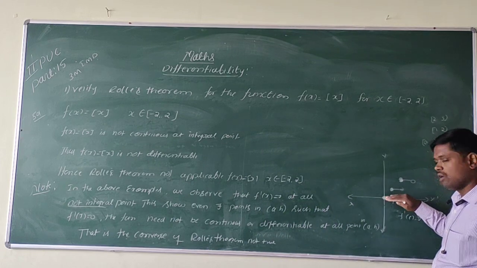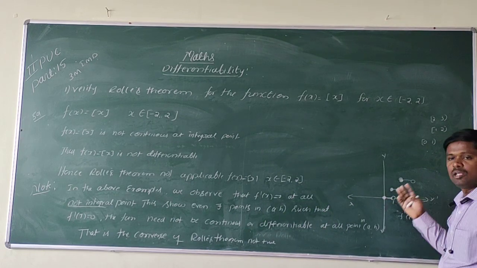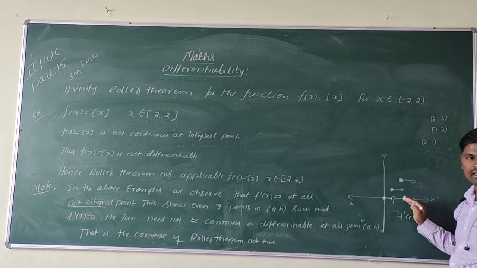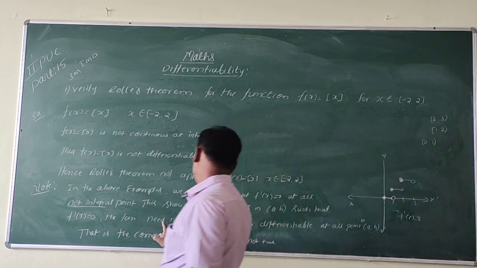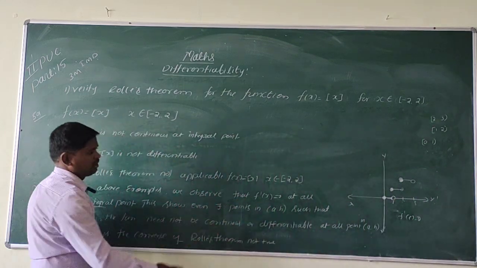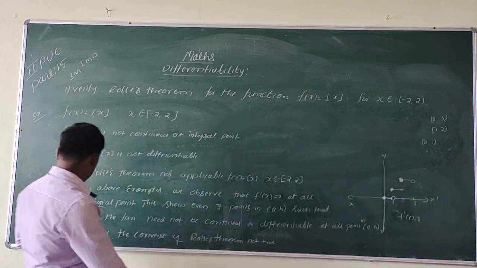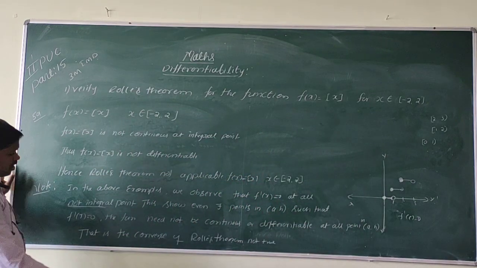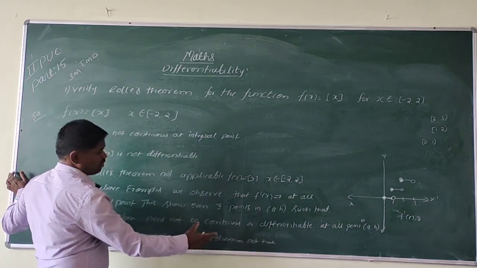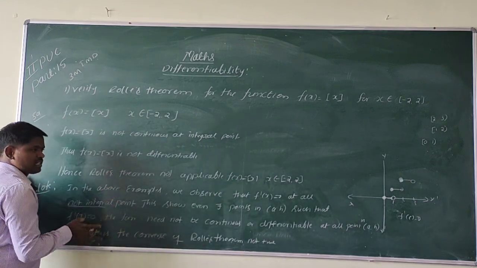Slope 0 ಆಗಿದೆ ಅನ್ನೋದಕ್ಕೆ ಇದು ಕಂಟಿನ್ಯೂಸ್ ಆಗಿರಬೇಕು ಅಥವಾ ಡಿಫರೆನ್ಷಿಯಲ್ ಆಗಿರಬೇಕು ಅಂತ ಏನಿಲ್ಲ. ಓಕೆ, ಸೊ ಹಾಗಾದ್ರೆ it need not be continuous or differentiable at all points in (a, b). So this implies the converse of Rolle's theorem is not true.